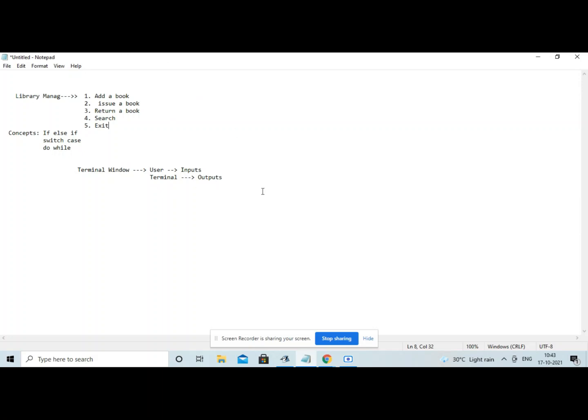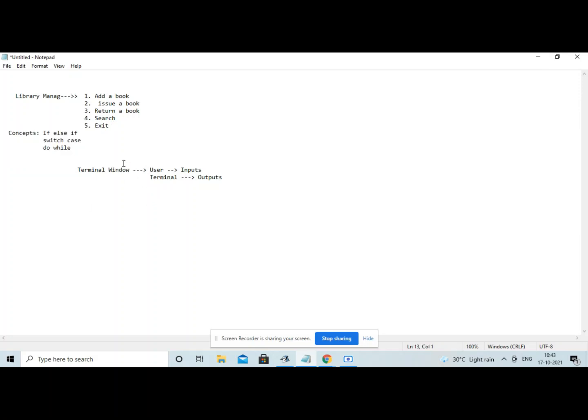So this whole thing will be done in BlueJ. BlueJ is software that helps us to run Java programs. It has its own terminal window. And if you have only JDK installed, not BlueJ, then we can also go to the command prompt and run the Java command to run a particular Java file. Then the same thing would be executed in the command prompt also, which I would be showing you at the last. So this whole thing will be taking place in the terminal command prompt window, or the terminal window of